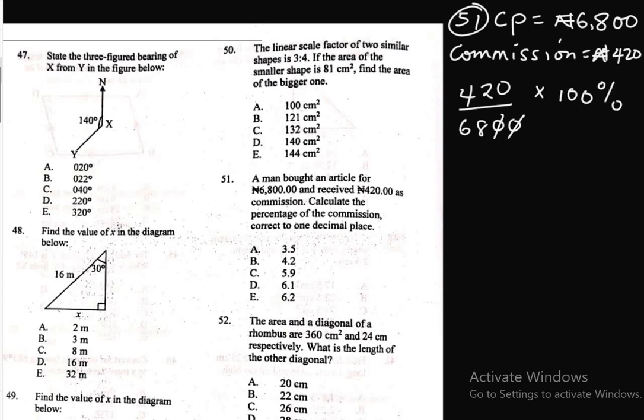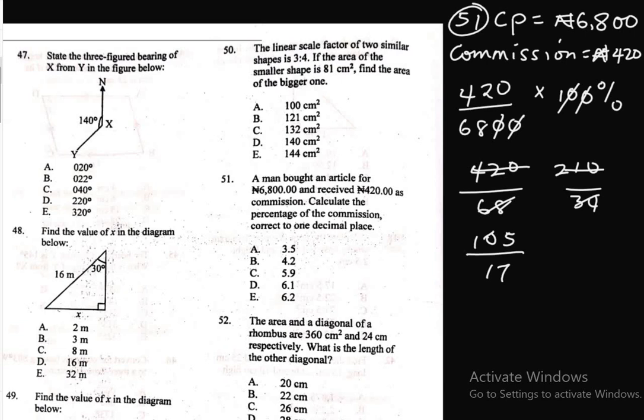This 20 cancels this 20. So we have 420 out of 68. 2 into 420, 210, 2 into 34, 17. 2 into 210, 105. 105. 34 divided by 2 is 17. Now 105 divided by 17 will give us the answer. So if you divide this, it will give you